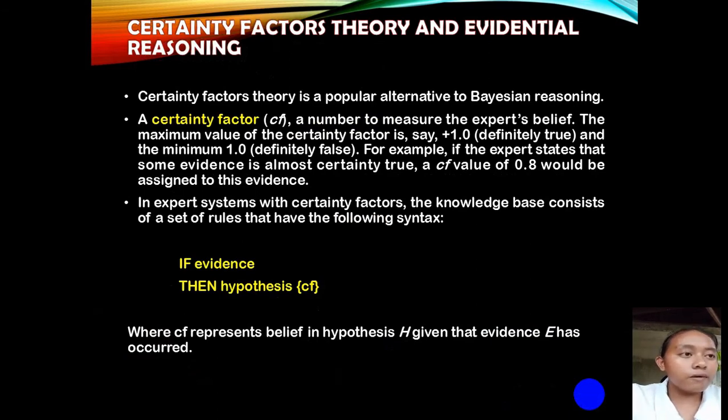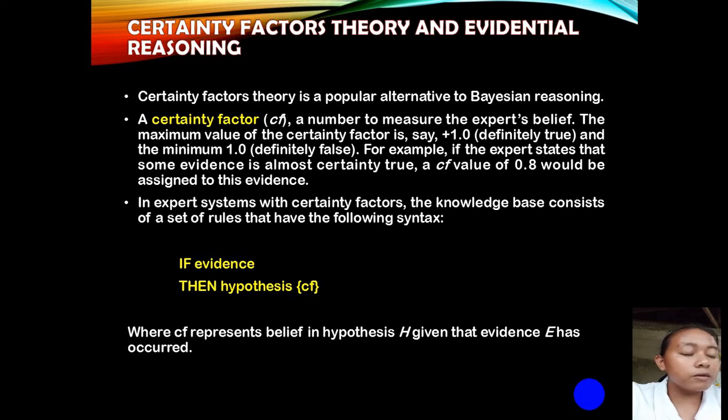So, certainty factors theory and evidential reasoning. Certainty factors theory is a popular alternative to Bayesian reasoning. A certainty factor, or CF, is a number to measure the expert's belief. The maximum value of the certainty factor is, say, plus 1.0, definitely true, and the minimum is minus 1.0, definitely false. For example, if the expert states that some evidence is almost certainly true, a safe value of 0.8 would be